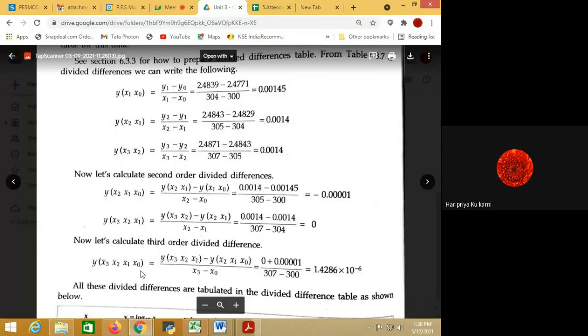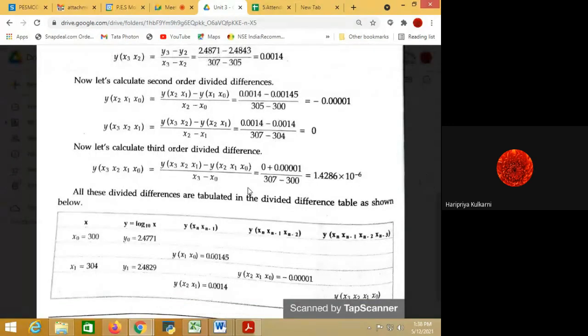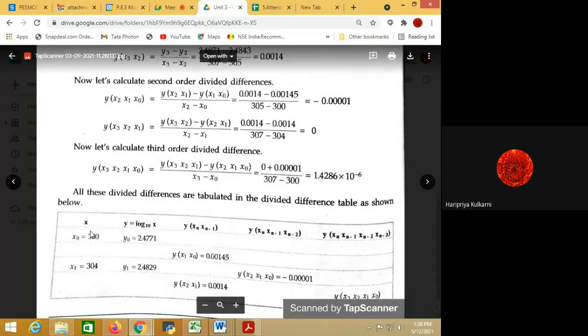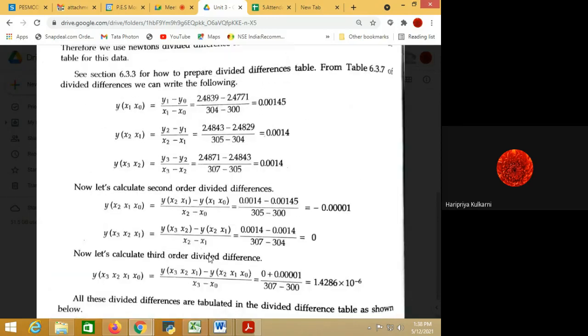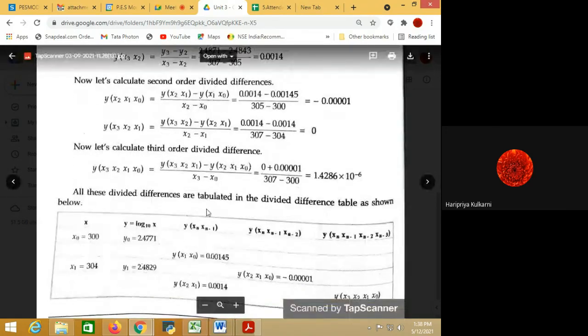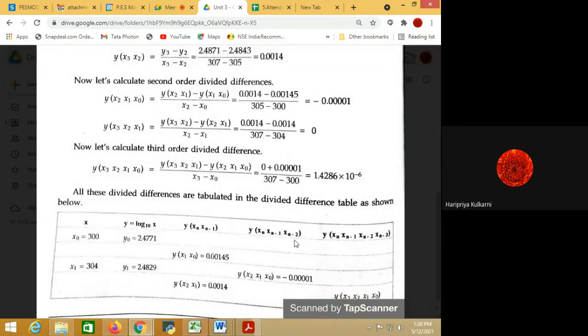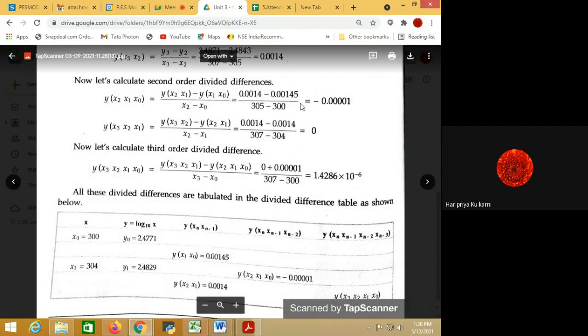So once you are knowing all these 2 and 3 terms, you can form a table, or you can directly put it in the formula. So how is the table formed? See here, first column is x, second column is y, next column is y of xn minus 1. Okay. So the 3 terms that we have calculated will come here in this column. Then y of xn minus 1, xn minus 2. So 3 terms. So two terms are possible in this numerical. So two cells will be there in column number 4, and the last column is with the 4 variables. So only one term will come there. So this is the difference table.